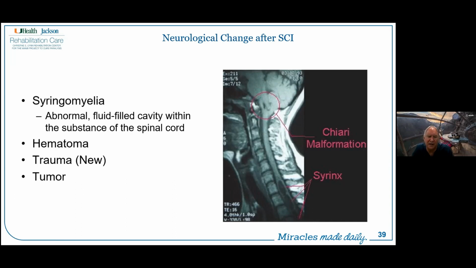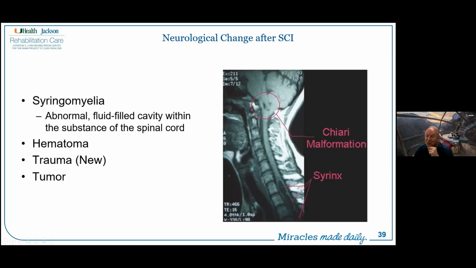And a person whose INR may have been stable at 2 to 3 for years now gets this antibiotic, and it can bump their INR level up to above 4 and even 5, which puts them at high risk for developing hematoma in the central nervous system. New trauma can occur, and then folks are still at risk for tumors.